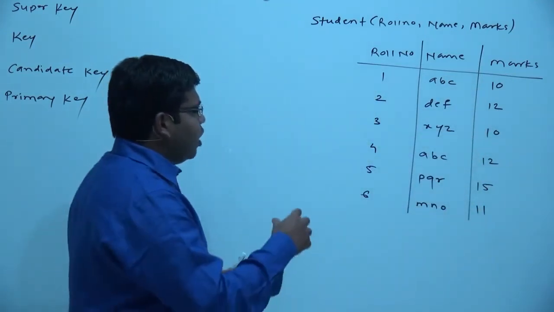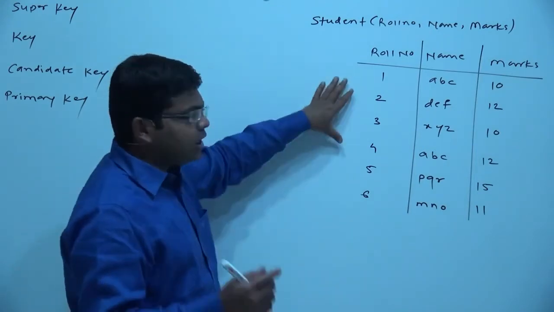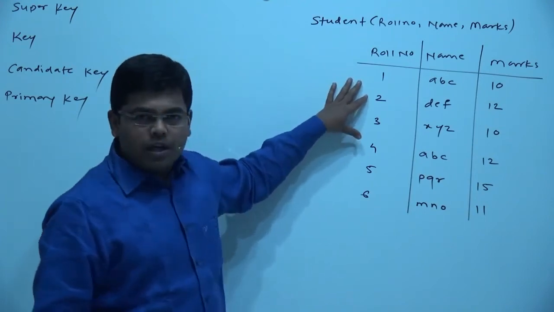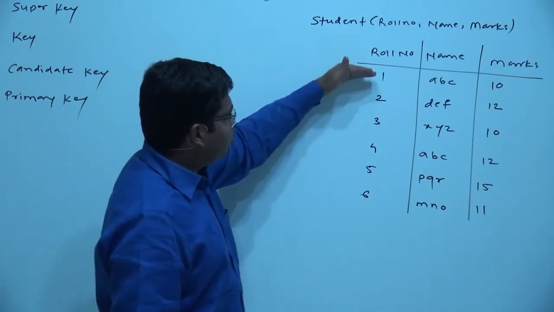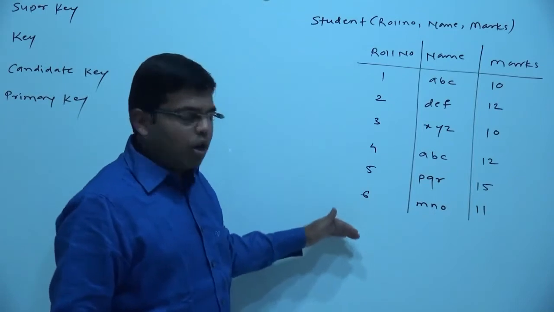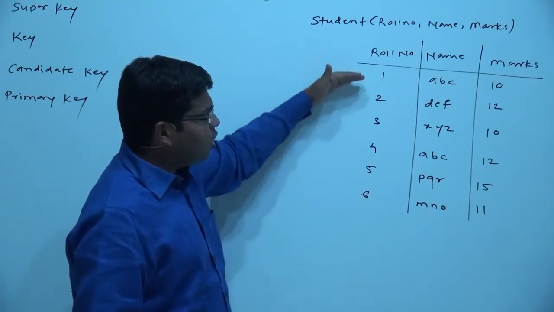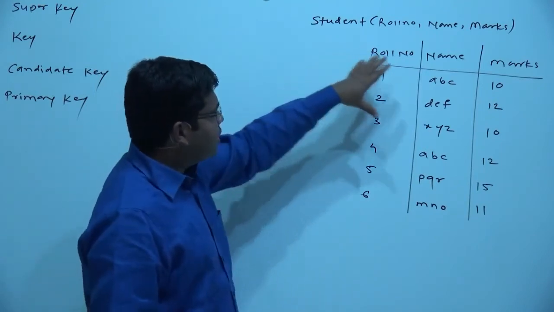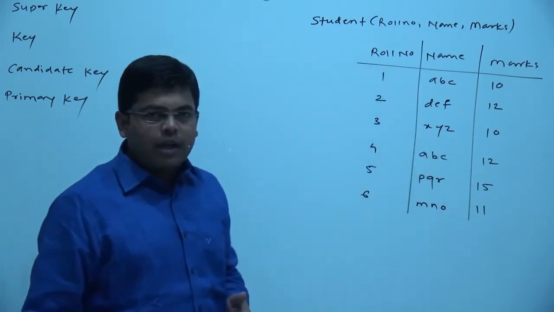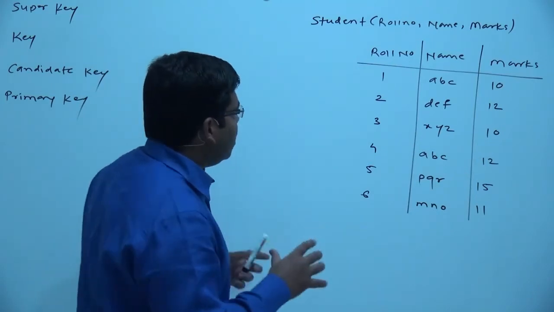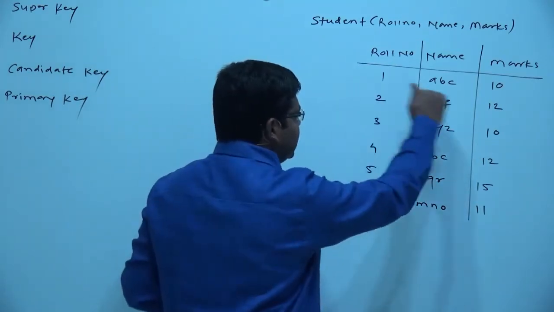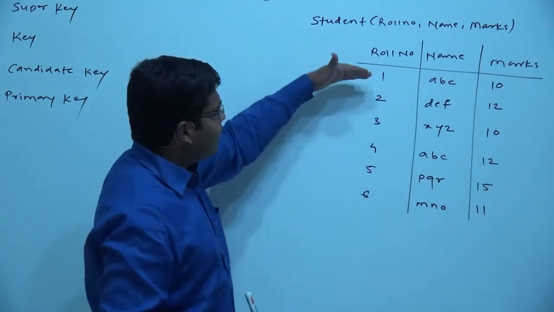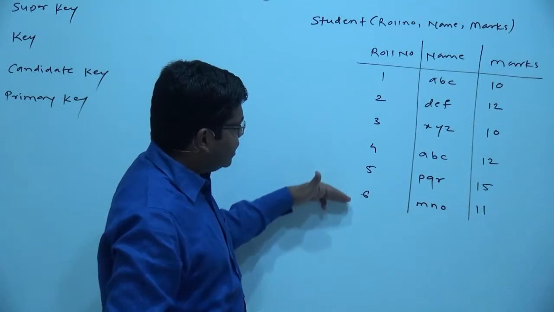Now before I go ahead, I would like to recall one thing. We can call it a table as well as we can call it a relation also, because duplicate tuples are absent, or all the tuples are distinct and all the rows are distinct. That is why the given structure can be called a table as well as a relation. Now first of all, anything which can uniquely identify the tuple will be called a key. Okay, so using a key you can uniquely identify the row or you can uniquely identify the tuple.